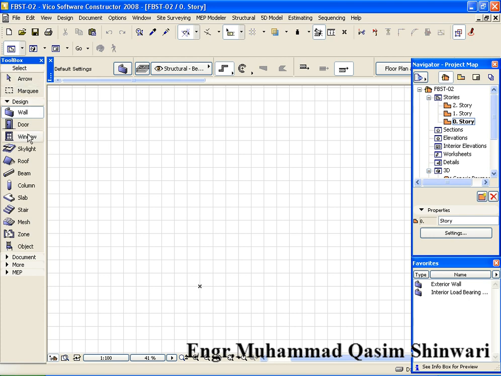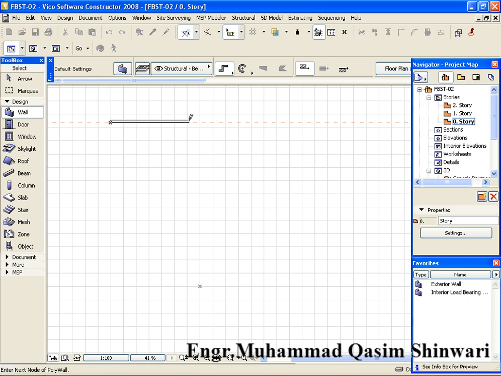Select the wall tool from the toolbox, and in the favorites list select the exterior wall. To select any favorite in the list, just double click on it. To make sure that your required favorite is selected, move the mouse to the favorites and you will see the highlighted favorite as your current favorite. Okay, what I am going to do is click anywhere, and